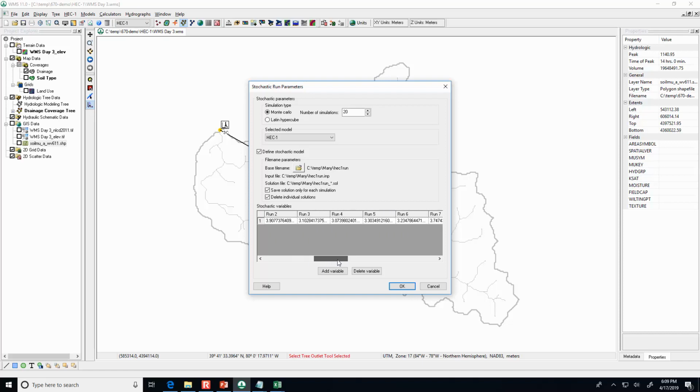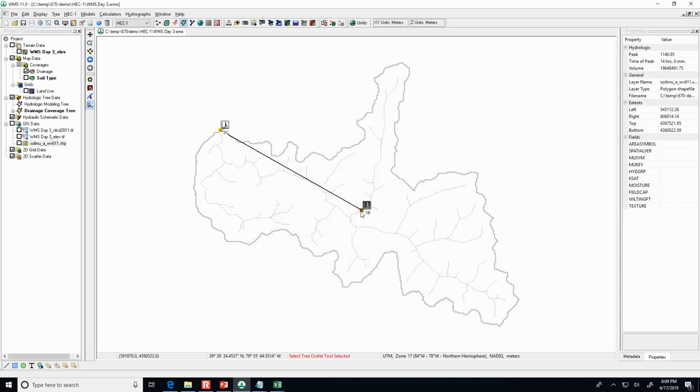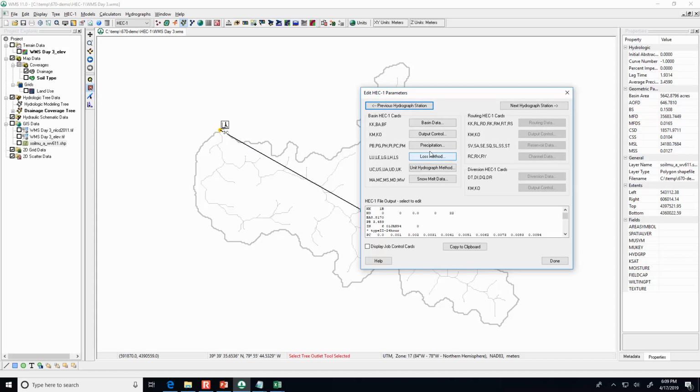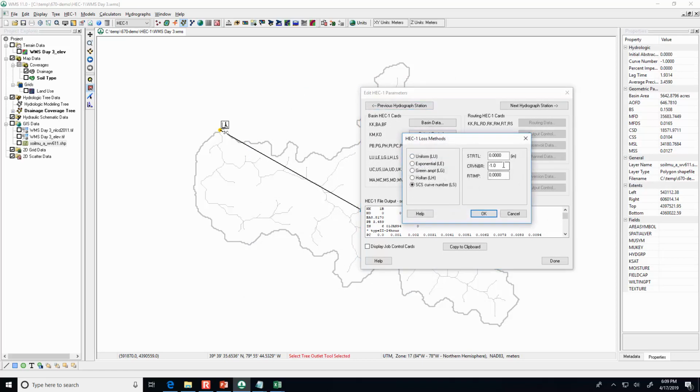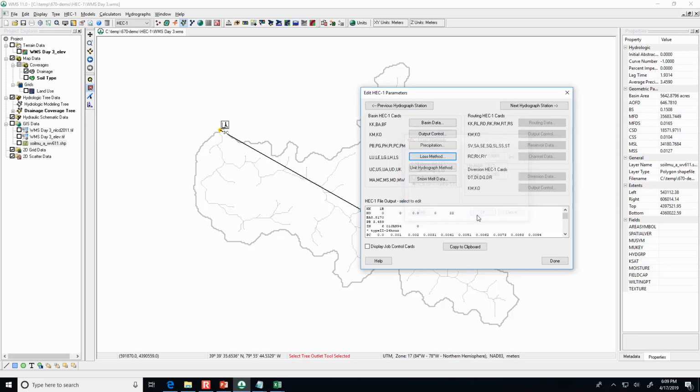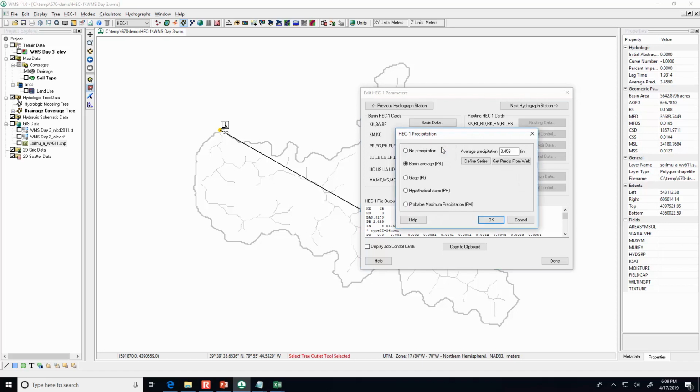So then it has all of these values in between the allowable range. Now what we would have to do though is go back to the model and put the curve number back in, 69.5, because we used the -1 value previously. And this time for precipitation, instead of average precipitation 3.46 inches, we need to put the -1 into the precipitation